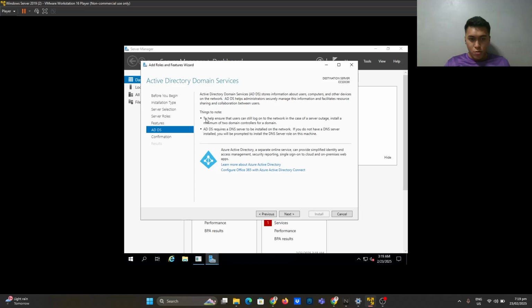Things to note to help ensure that users can still log onto the network in the case of server outage: install a minimum of 2 domain controllers per domain. So later we will create a domain controller. ADDS requires a DNS server. So that's why, before creating an ADDS, you should make sure you have a DNS server.